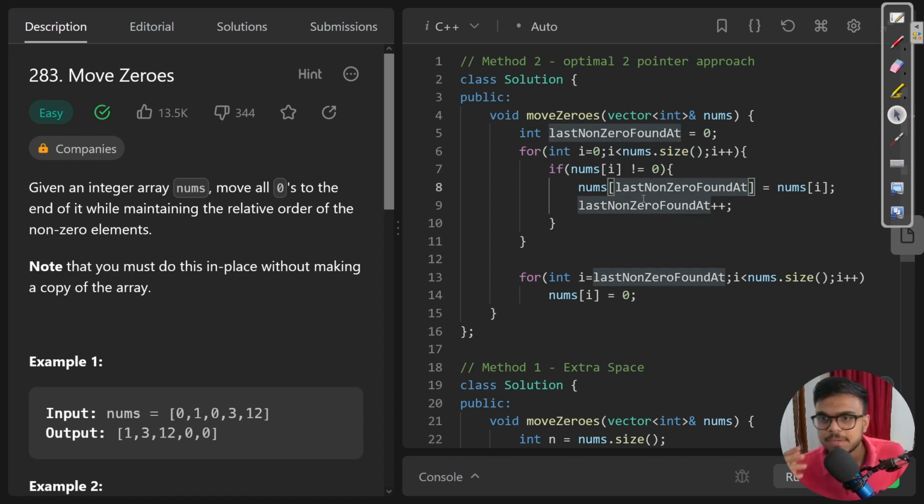Now if that element is non-zero, what we are doing is we are just moving that ith index nums of i to the point where non-zero elements were found, till the separation where non-zero elements were. And once we move that, we are incrementing that last non-zero found at by 1. Till the end, we have iterated through the complete vector, and the fast pointer or